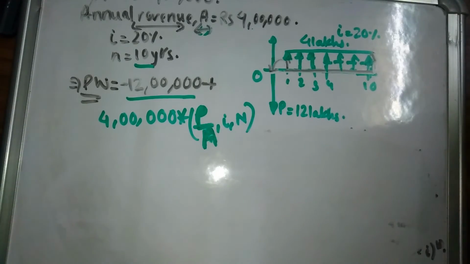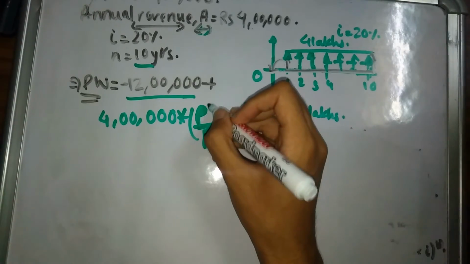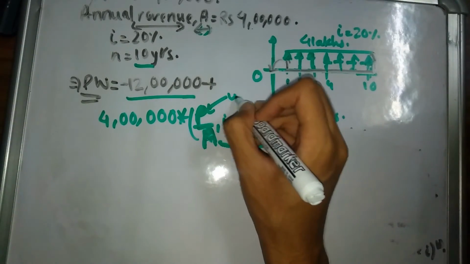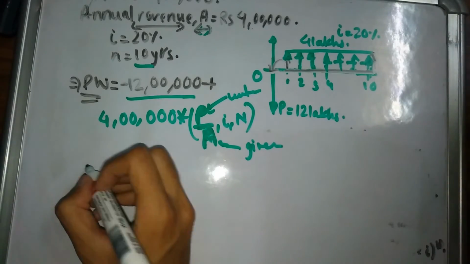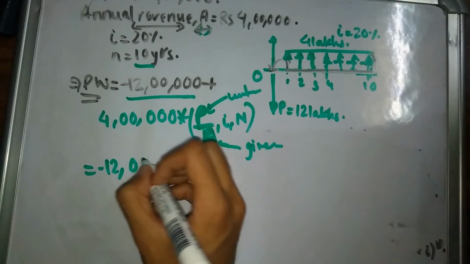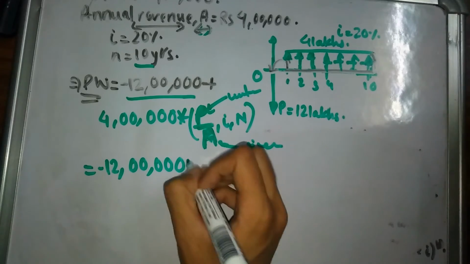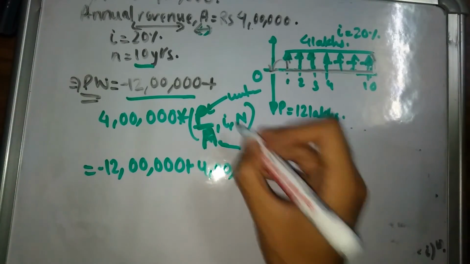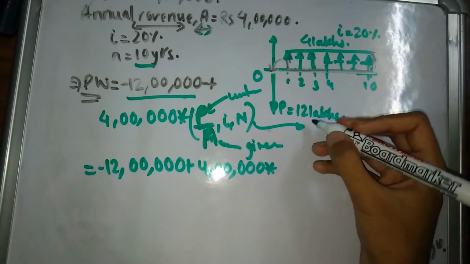So we are finding the present value of this amount A. P is unknown, so we are writing it upward. This A is given, so we are going to write it down. So minus 12 lakhs plus 4 lakh into,